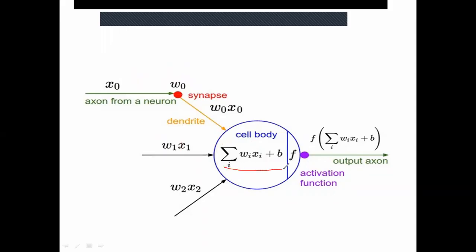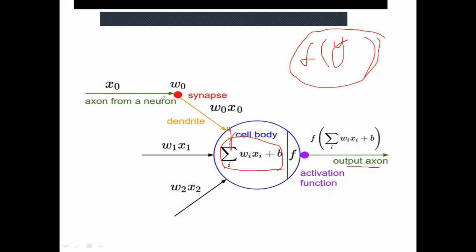What's the meaning of this now? What is the cell body doing? Firstly, it is finding the summation of this, plus it is adding the bias to this. Next, whatever you are getting over here, some activation function is being applied to this. Suppose this is your Y, so here I can write f(Y). And this is actually your output. From this input, you're getting the output. That output may go to the next neuron if you're having a next layer. Otherwise, this is the final output.